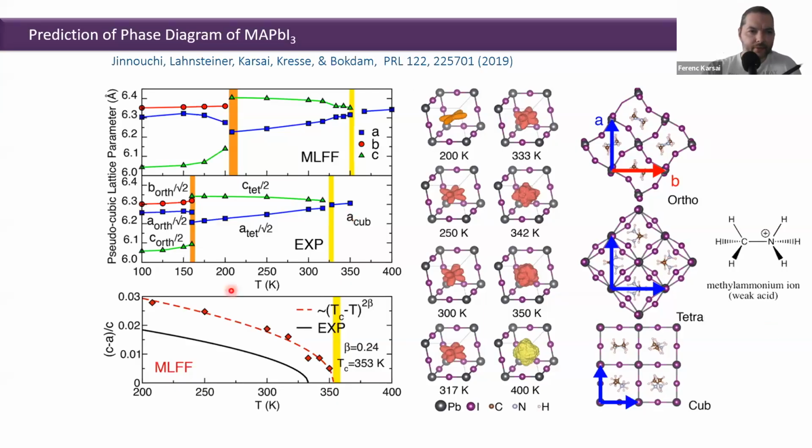Let's start with this top left figure here. This shows the lattice constants versus temperature. You see here that in an orthorhombic phase, you would have 3 different lattice constants. In the tetragonal phase, you would have 2 different lattice constants, so 2 are the same, 1 is different. And in the cubic, you would have 3 equal lattice constants. And this is how we monitored if the phase transition occurred.